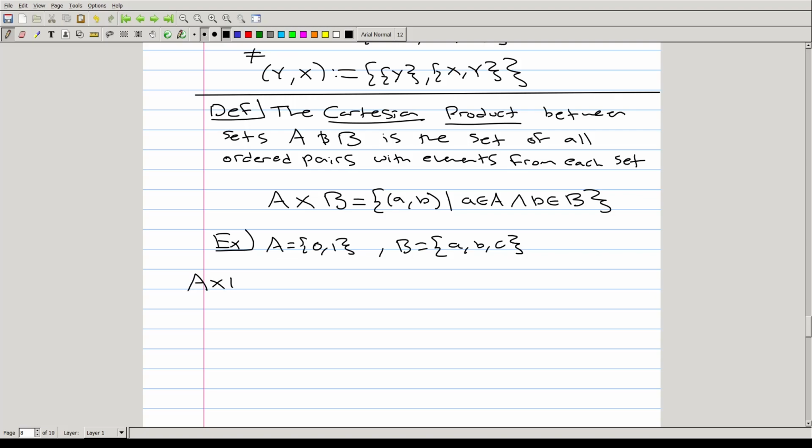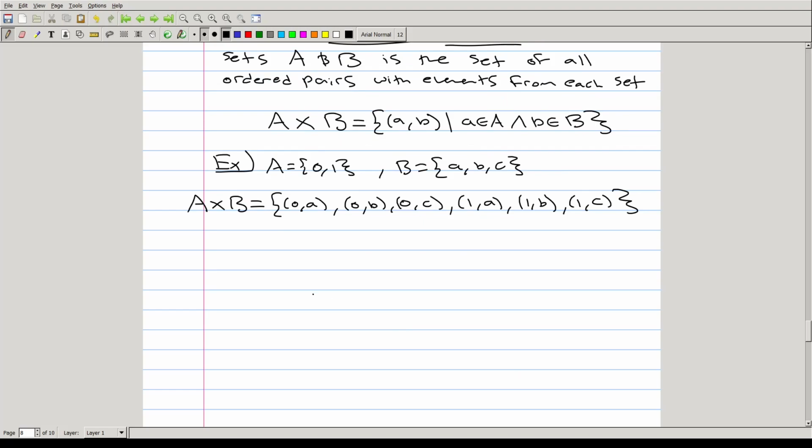the Cartesian product is a set containing (0, a), (0, b), (0, c), (1, a), (1, b), and (1, c). And it's important to note that this is different. It's not the same thing as the Cartesian product of B with A,